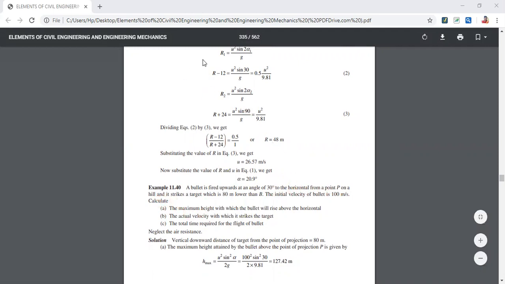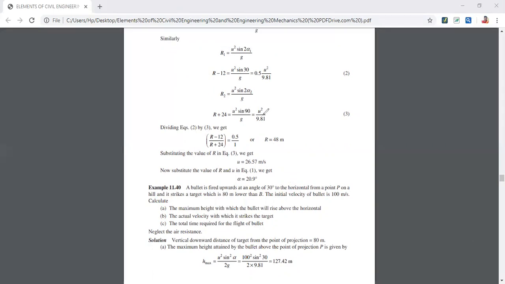So actually what is happening here is, I'll just draw and show you how it is. There is a hilltop, and a bullet is fired upwards at an angle 30 degree to the horizontal. So if say I'm at this point of the hill and I take a horizontal here, a bullet is fired from this point at 30 degrees. So when I draw a tangent here, it would be 30 degrees. The tangent is not looking like a tangent though, sorry. It is fired and it goes and reaches down like this, fired from a point P on a hill.